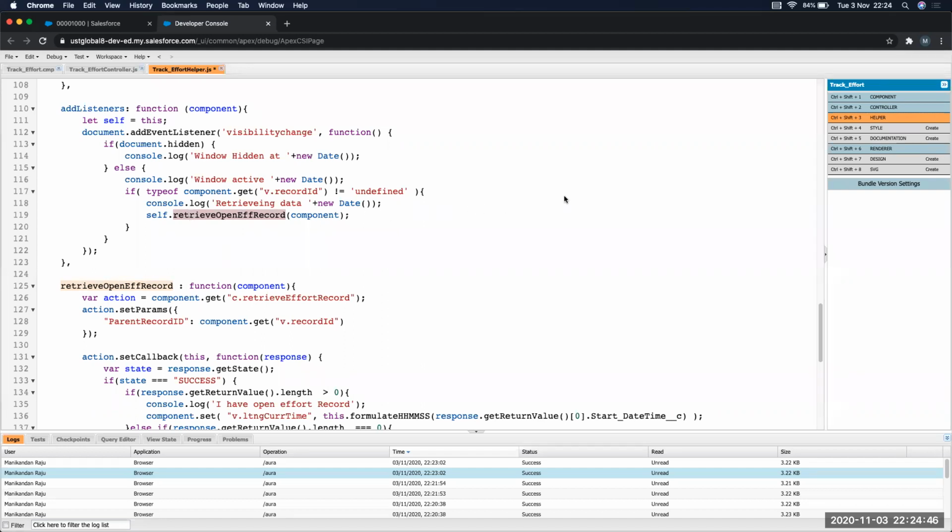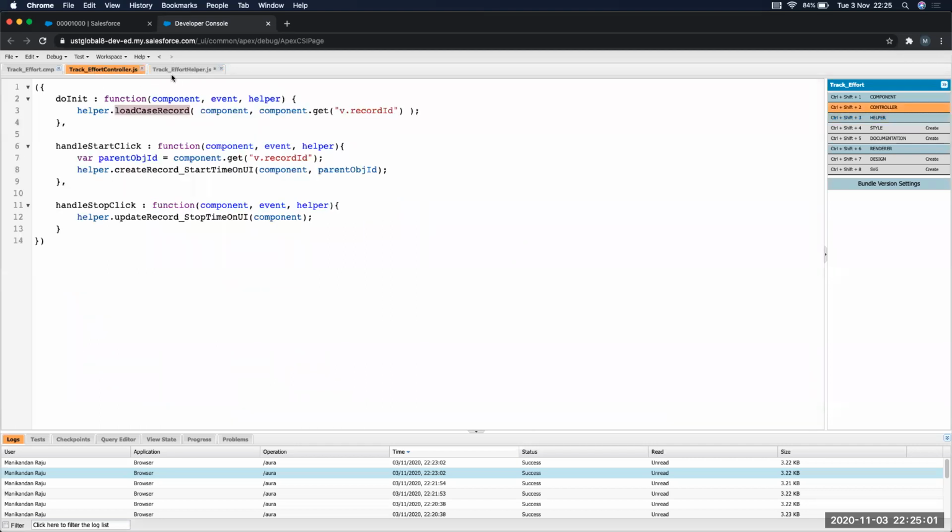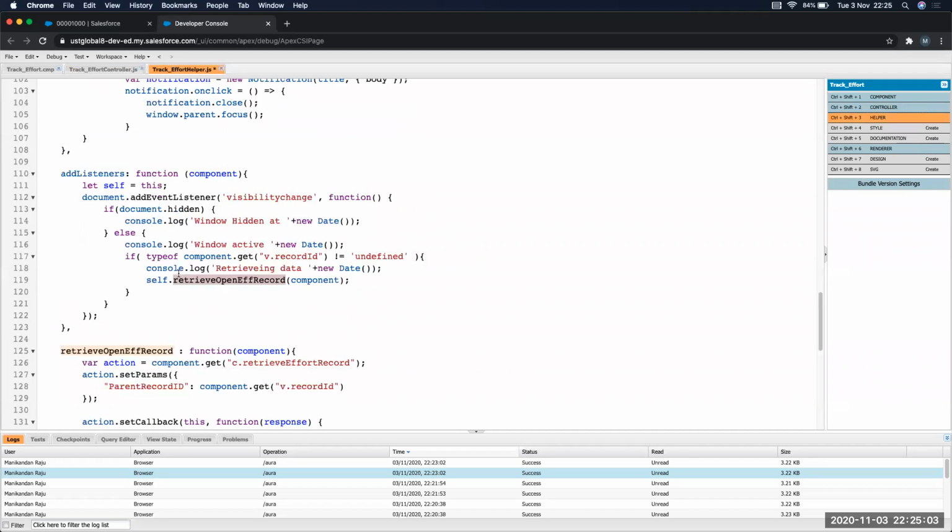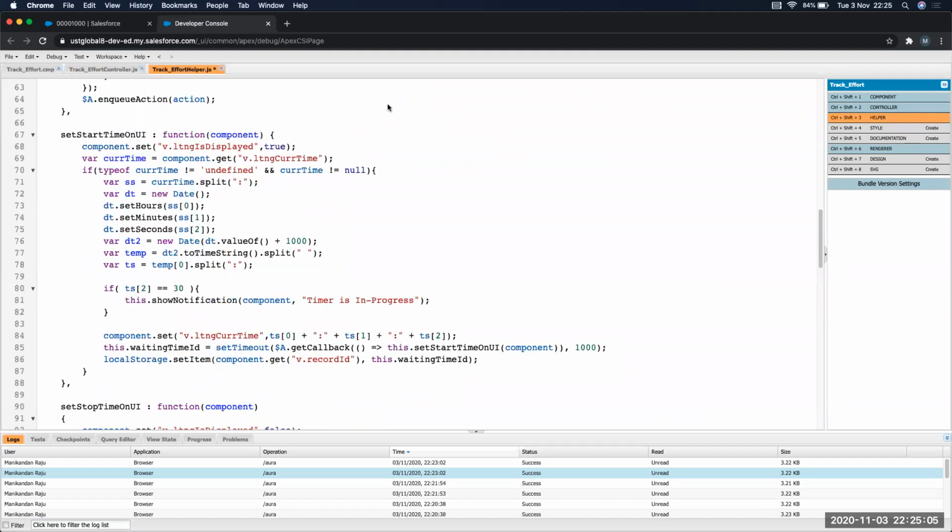Yeah, thanks, Mani. Okay, we have another question from Manoj. How is the set timeout function from the helper called recursively, or are we using set interval instead? So Anuja, I have called that function recursively. This is a function, right? So I call that function back into the set timeout again, and after 1 second it will go back again.